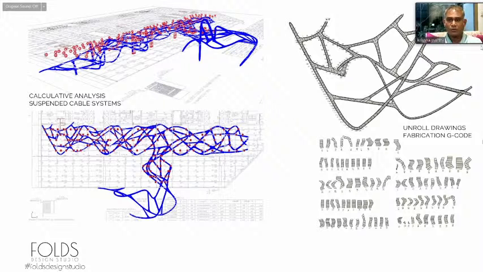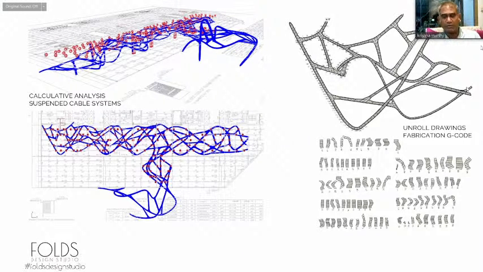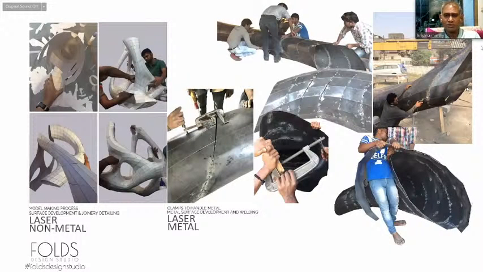The methodology to unroll. So these are the digital tools that you tend to use to unroll, and then these are sent for G-coding, and then the whole methodology of executing the stuff happens. So this whole structure was designed in such a way that it could be the metal frames that we tend to use. They were all cut on metal laser machines, and then they were welded together just to understand the